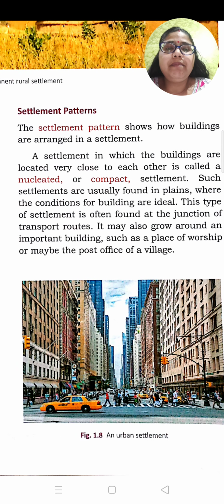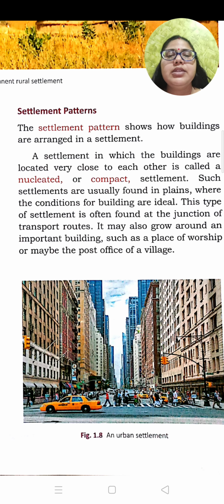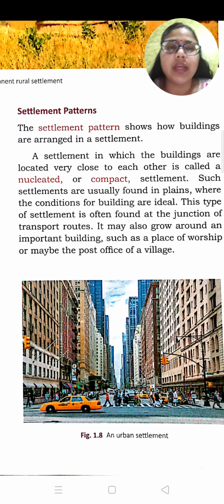Now, settlement pattern shows how buildings are arranged in a settlement. Pattern क्या होता है? तरीका. ओके, तो किस तरीके से buildings arranged होती हैं किसी settlement में. Okay, a settlement in which the buildings are located very close to each other is called nucleated or compact. Okay, so settlement जहाँ building बहुत पास पास में बनी हो, that type of settlement is known as the nucleated